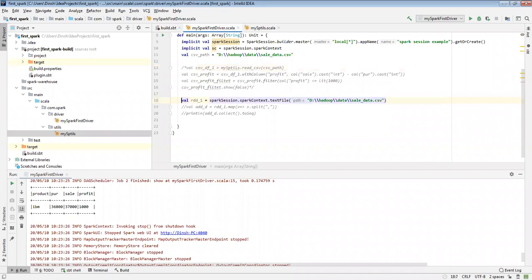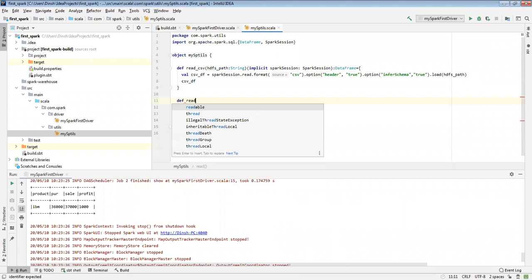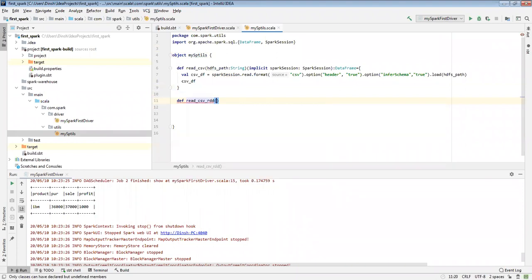Now I need to enable this RDD code. First I'm going to create an RDD, the same way. Here I'm creating one more data frame, the read CSV RDD.